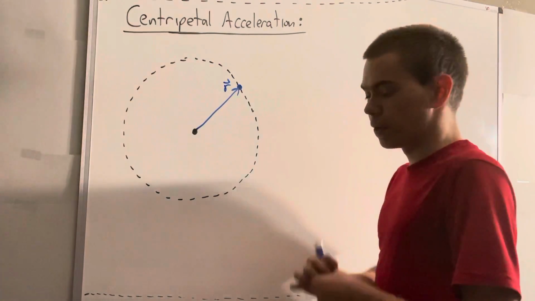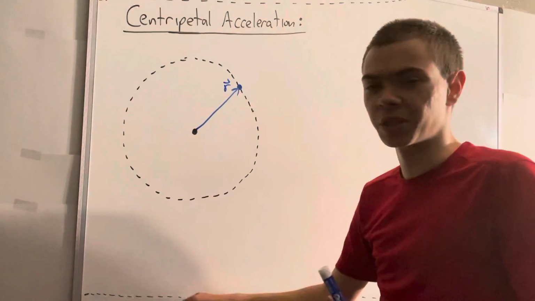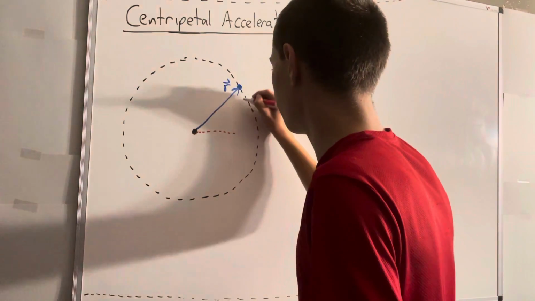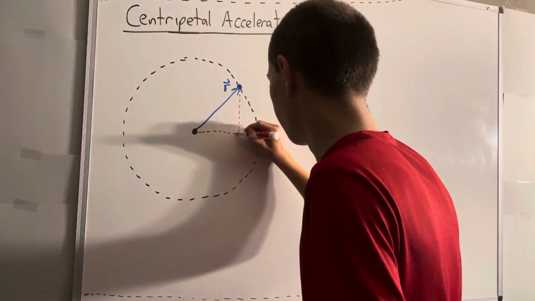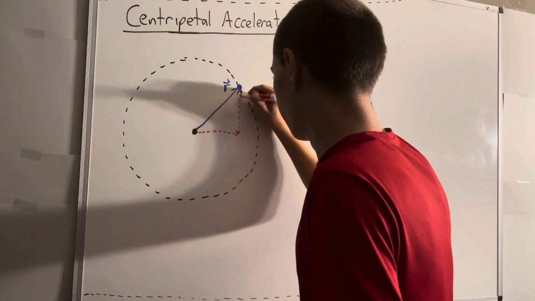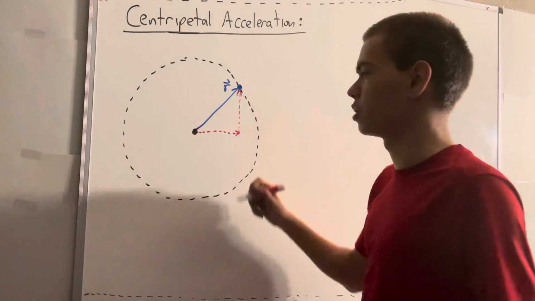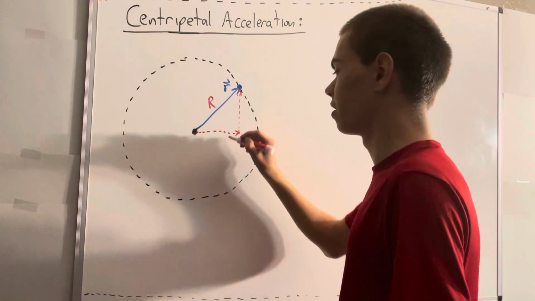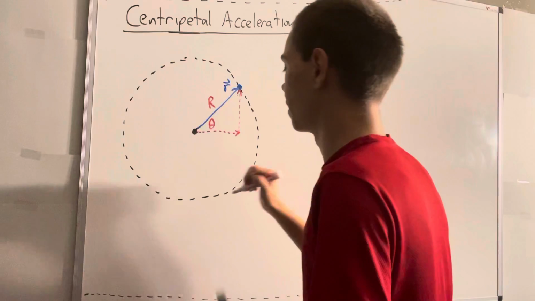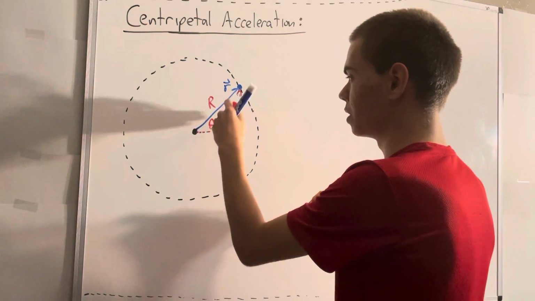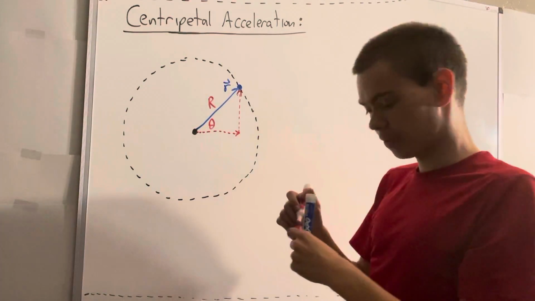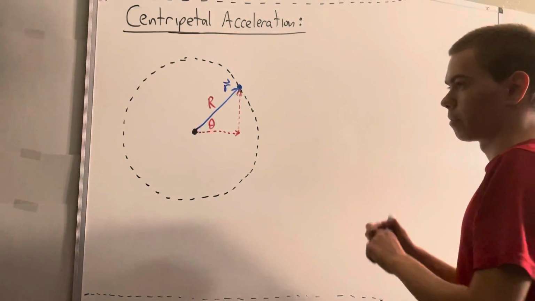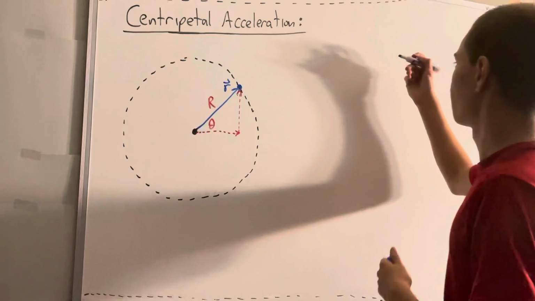Now, if we wanted to break this position vector up into components, we could. We could say that this right here is the x component and this is the y component. To define these components, we're going to say that the radius of our circle is capital R, and we have theta here, which represents the angular position of our object. So basically we could represent the position vector as